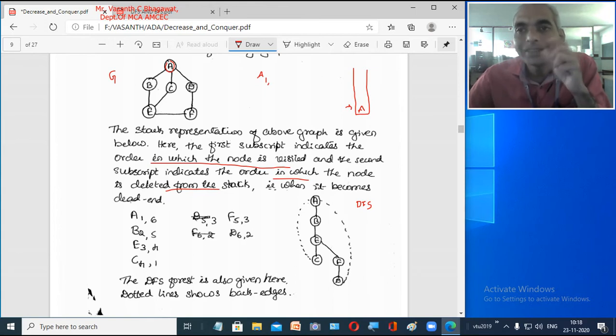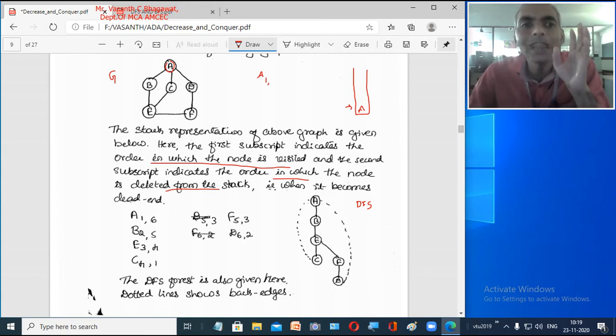Now the second step. What you are supposed to do is find all the adjacent nodes of A, or the child nodes of A. What all adjacent nodes does A have? A has got 3 children, as you can see in this graph: B, C and D. These are the 3 child nodes A is having.